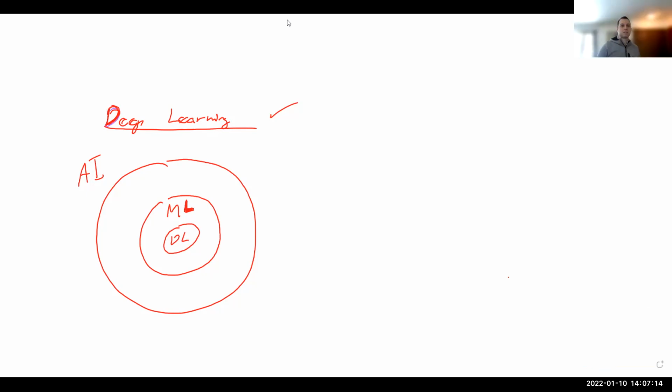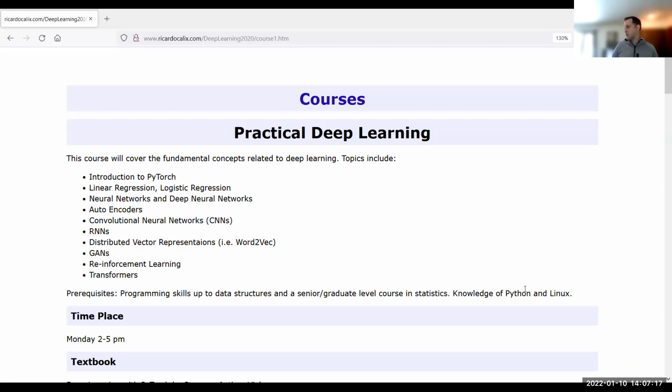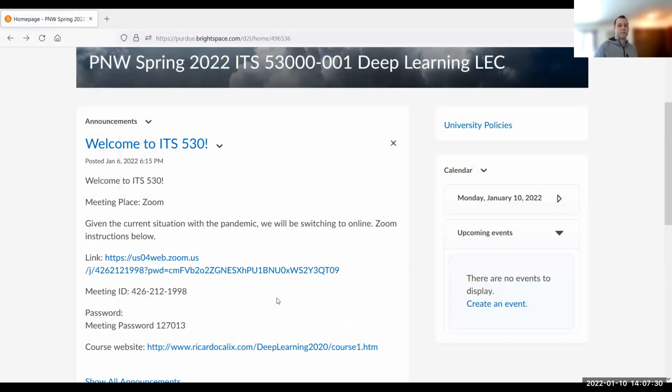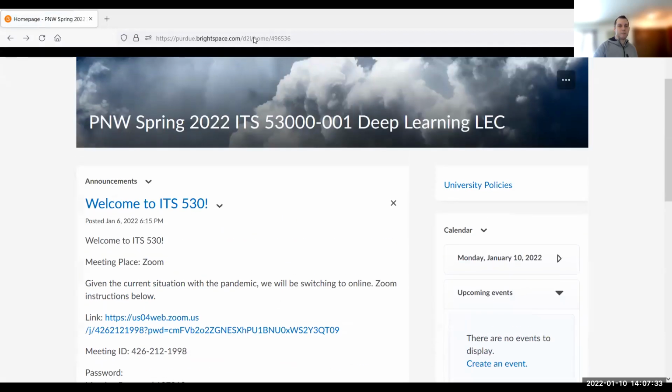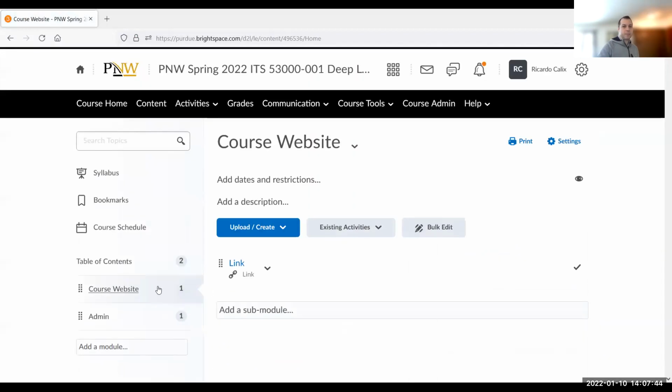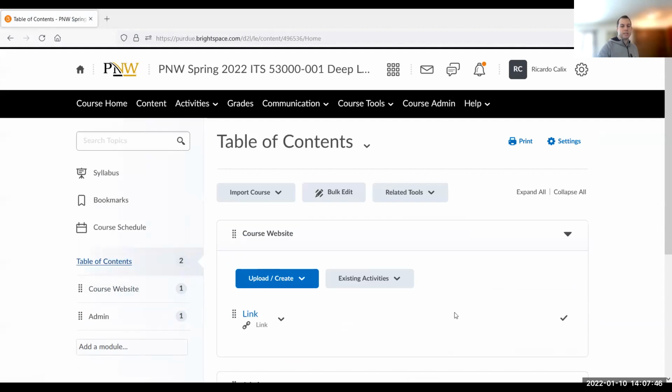So let's actually start with the syllabus today. And then after that, I'll come back to this page and kind of go over the details here. And then we're going to get into the specifics. So let's start here. I've gone over this, so there's the Zoom instructions and everything. Hopefully everyone's situated in the correct place. Now everything, the materials will be on here in the content section. Now, currently, if you notice,